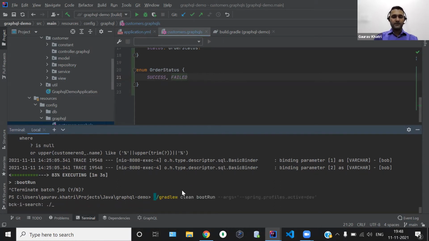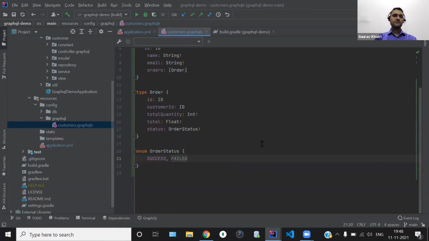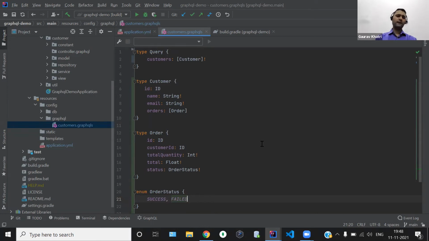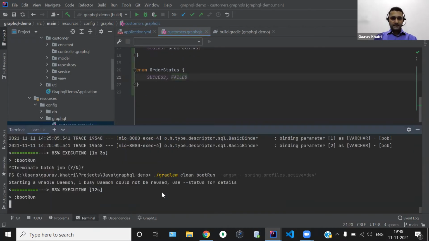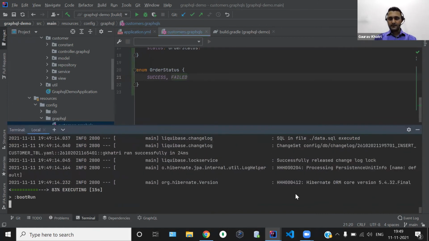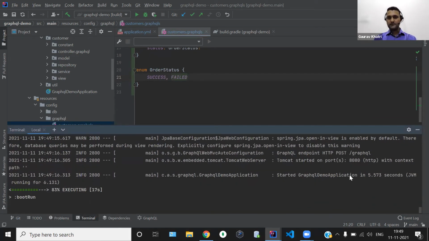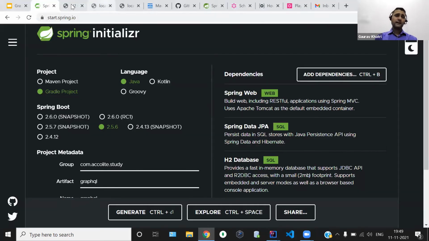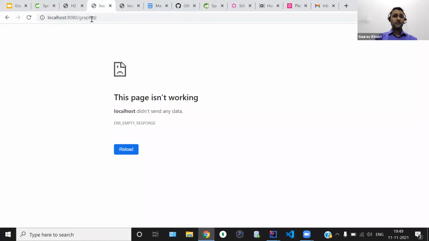GraphQL query. So I'm starting it using the Gradle tool. Till the time this application comes up, I want to tell you that GraphQL provides an out-of-the-box, very good GUI tool. Over there, we can play with the existing query, and we can also learn about the schema of this particular GraphQL API. Okay, so let's see. The server is, I think, up and running, and it's on 8080 and HTTP protocol. Okay, so to get that particular GUI of GraphQL, we will hit http://localhost followed by /graphql.